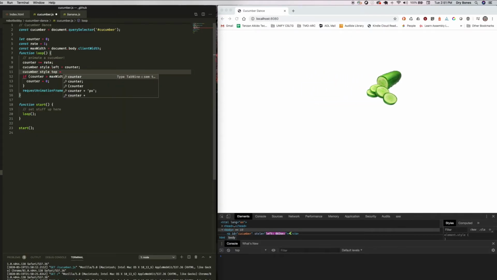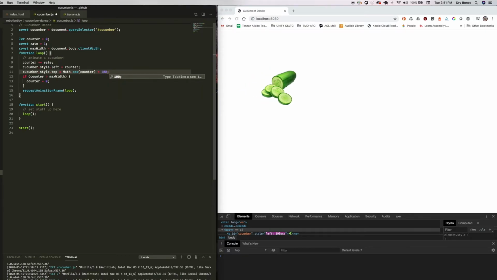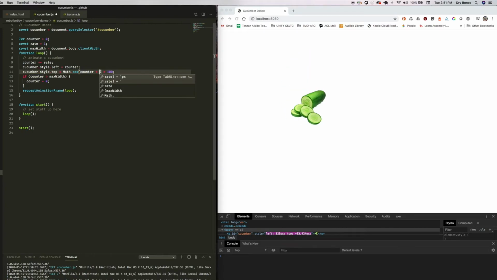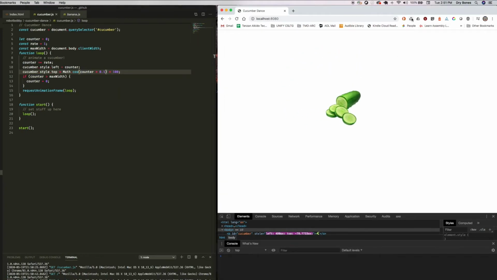To affect the up and down position of this cucumber, I'm going to change its top style property. I'm using a math function built right into JavaScript called cos, which is short for cosine. Hey, look at that! The effect is you get this nice smooth movement. How groovy is that? It started out moving really, really fast, so I'm reducing the value for counter, which is